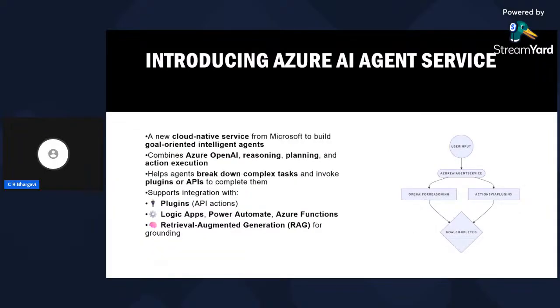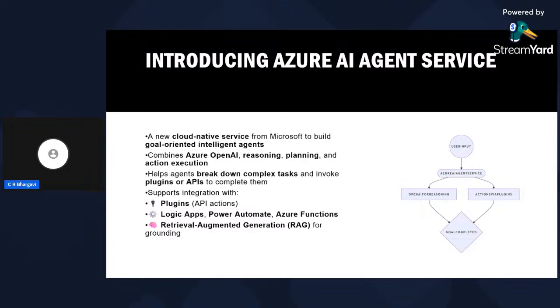Now we understood about agents, and we also learned about the real-world use cases of AI agents. Now let's move on to Azure AI agent, which has been built by the Microsoft platform to build, host, and orchestrate intelligent agents. It's part of the Azure AI ecosystem and is built using the Semantic Kernel SDK, wherein